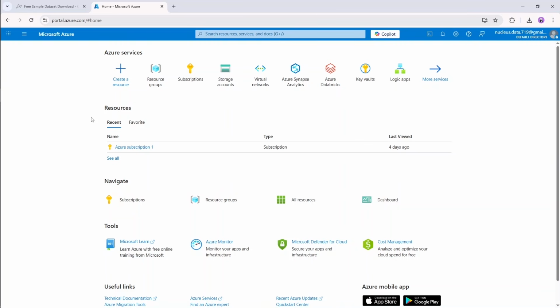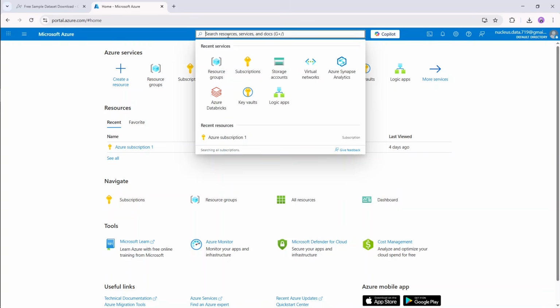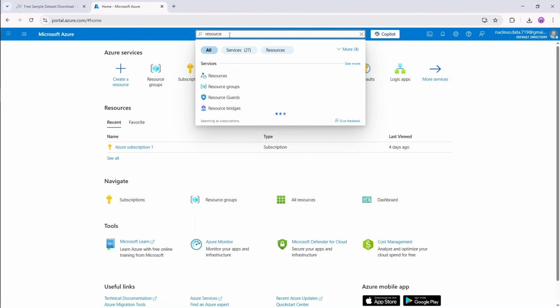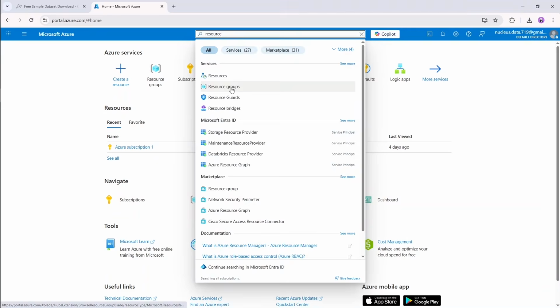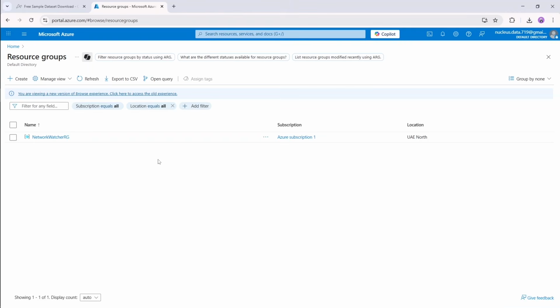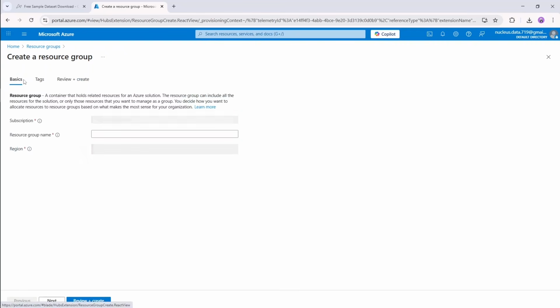Once the portal opens, click on search and type here resource and click on resource groups. Resource group is actually a logical container for managing related Azure resources. By grouping resources with the same lifecycle, you can easily deploy, update, and delete them as a single unit. Click on Create,